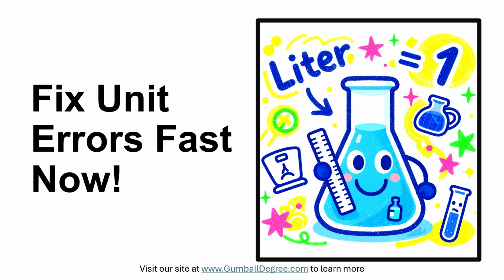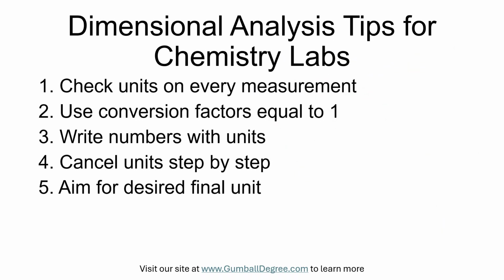Dimensional analysis in chemistry labs is the method of tracking and converting units so that calculated results have the correct units and make physical sense. Think of dimensional analysis like checking the labels on toy boxes. Every measurement has a unit label, such as grams, liters, or seconds, and you can only combine or compare measurements